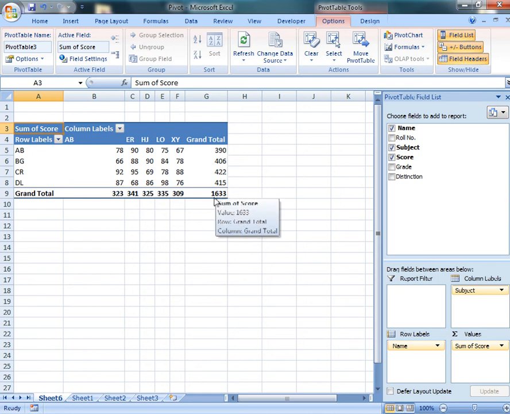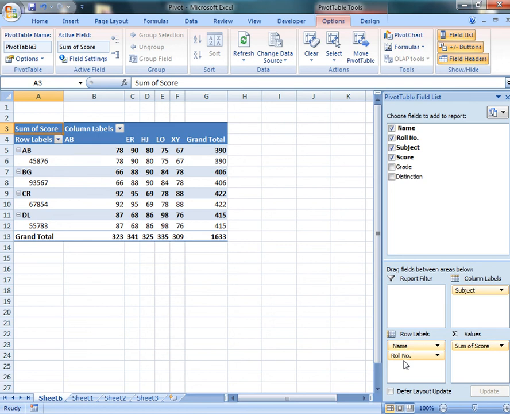What we can also do here is put other parameters such as roll number in the labels. So the roll numbers will be attached to the students. Also, we can use other parameters like grades and distinctions. In this way, you can define the rows and columns of the pivot table and use it as per your